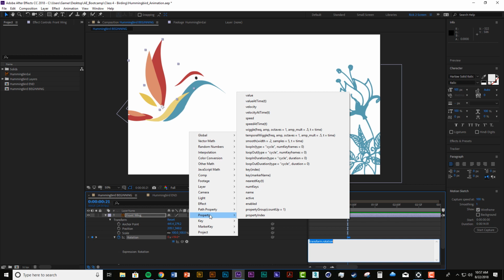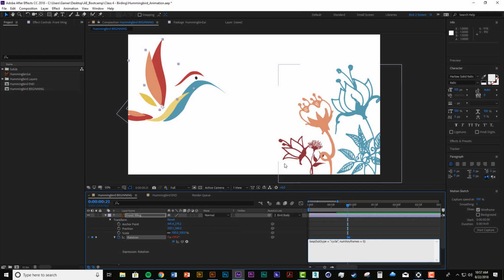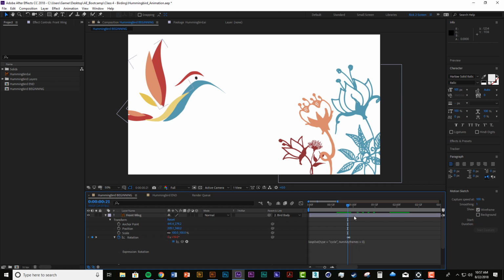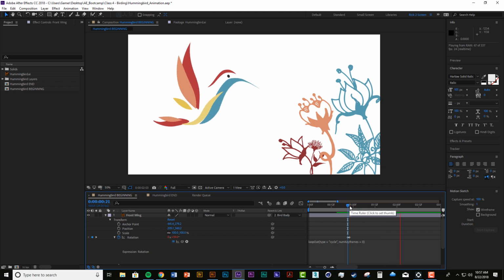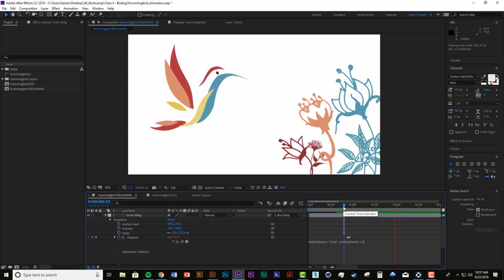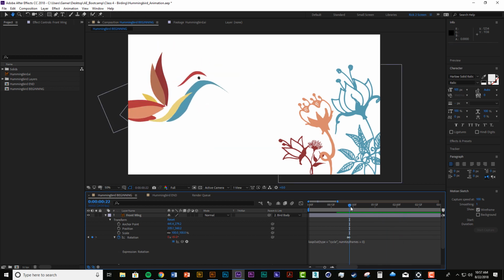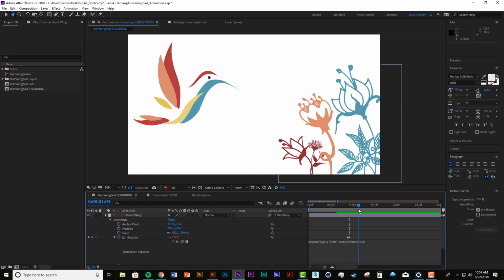And so the one that I'm going to do is the loop out inside the property menu of the expression menu right here. So if you select that, loop out, and it does some JavaScript code automatically, and you're done. So what it's doing is it's cycling, basically infinitely